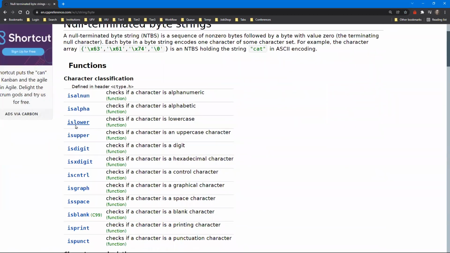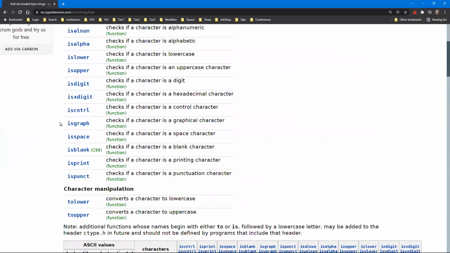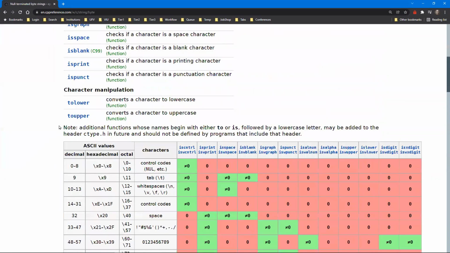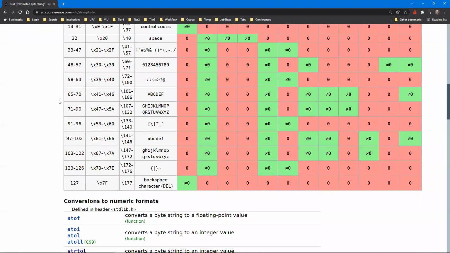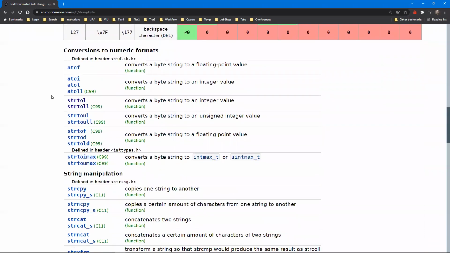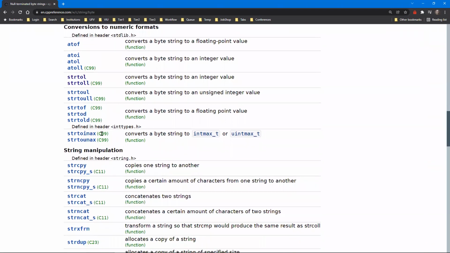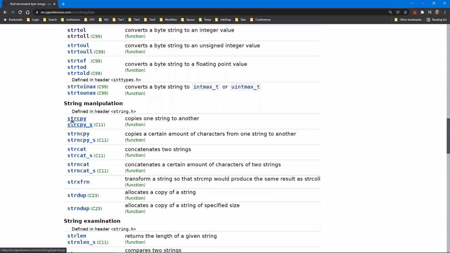This one is very useful for managing everything we have to do with strings of characters or arrays of characters. You'll notice the names of some of these in the descriptions. Some of them do conversions for you from characters to numbers or different data types. Maybe you want to copy,